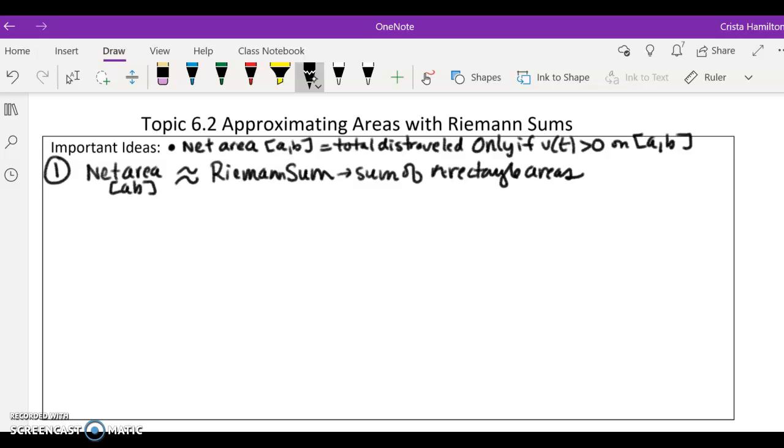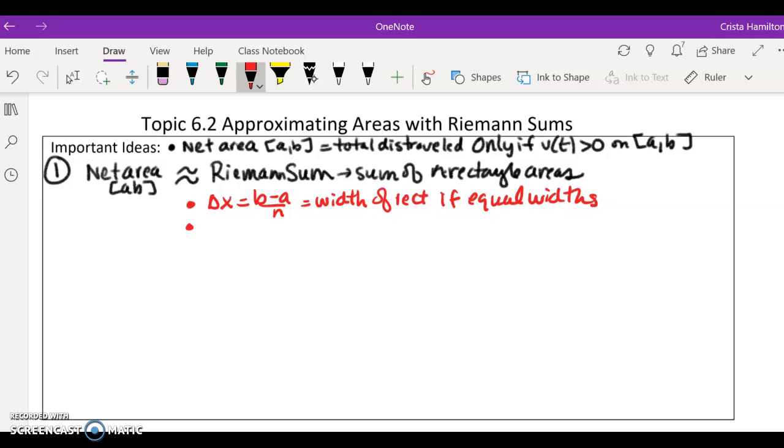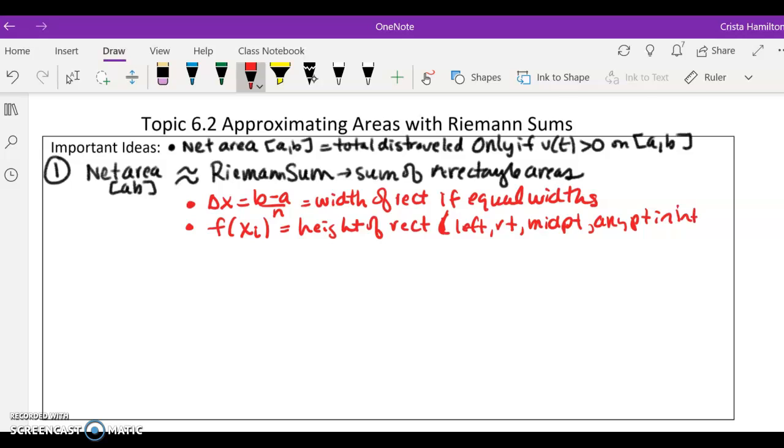Okay. Now, when we decided to do that sum of n rectangles, a couple of important things that we want to remember from this. Delta x would be b minus a over n, is going to be the width of our rectangles if equal widths. The second thing that we want to do is that our f of x of i is going to be the height of our rectangles. And in that, we don't really care. We can use left endpoints, right endpoints, midpoints, or actually any point in the interval to get the height,